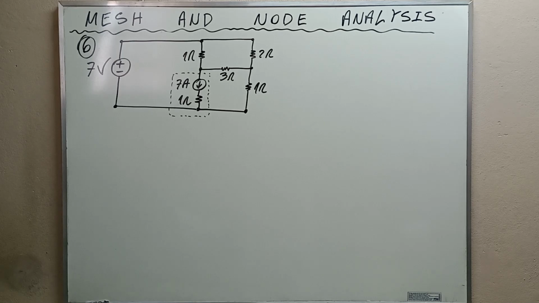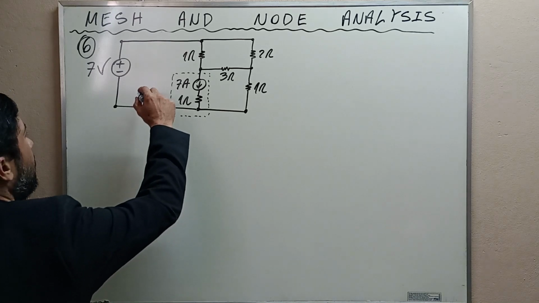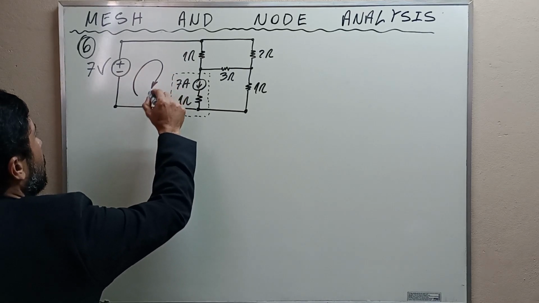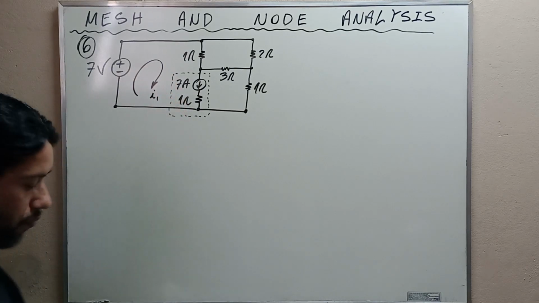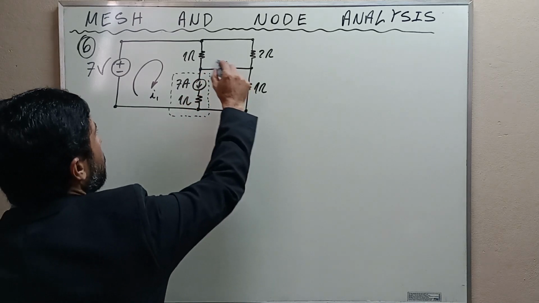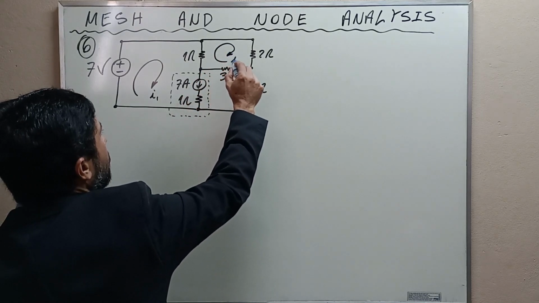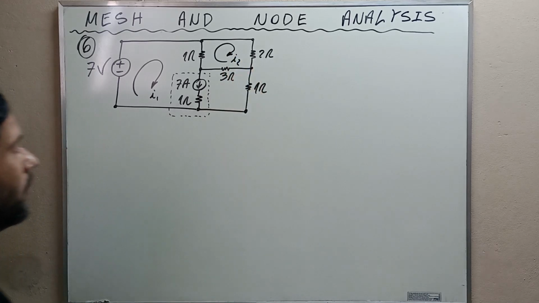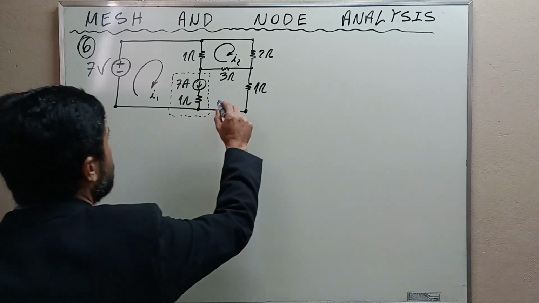And to calculate what the exercise wants us to calculate, let's use some labels. I'm gonna call the current here I1. I'm gonna call the current here I2, and I'm gonna call the current here